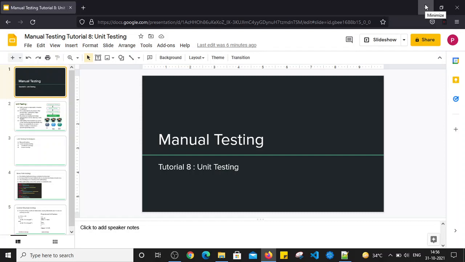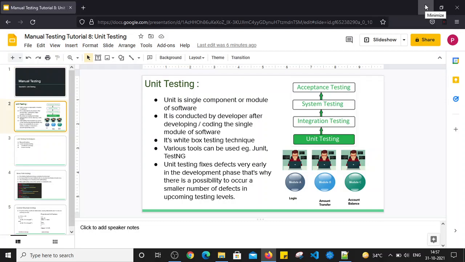So in the previous session we have seen the dynamic testing types, right? During verification we have seen static testing technique types, whereas we have also seen there are dynamic testing types. There are different levels of dynamic testing. The first one is unit testing, after that integration testing, after that system testing, and after that acceptance testing. These are all dynamic testing types, of which the first one is unit testing.